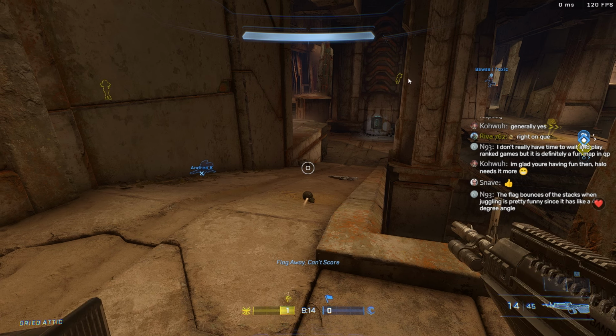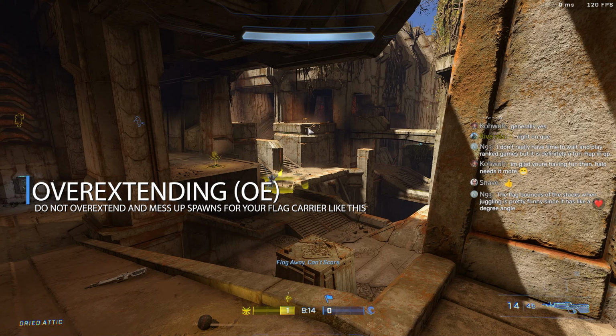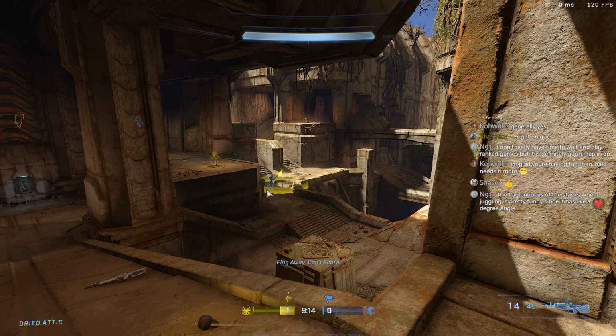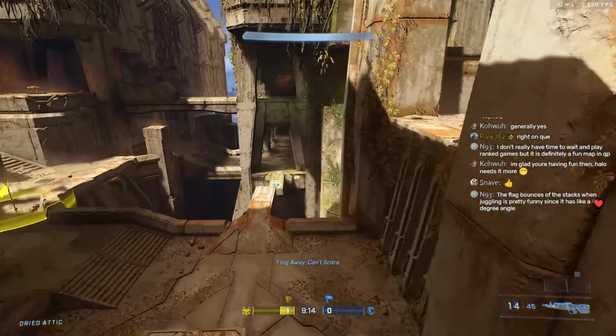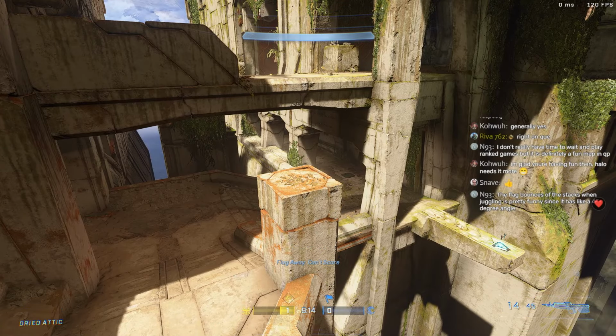If you push their back base when you're pulling the flag, you're going to cause the enemy team to spawn on this side, and this is bad because our flag carrier is here. Or even worse, you may cause the enemy team to spawn in your underpass. So if you're not sure, underpass is...